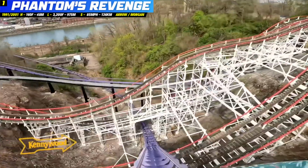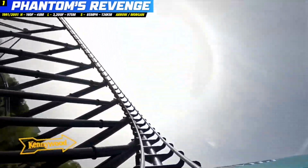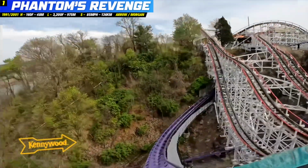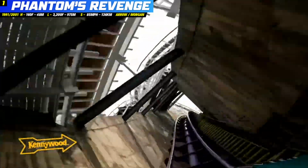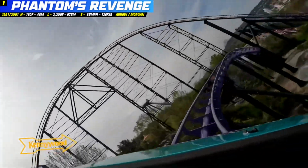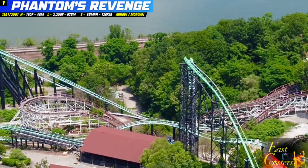Riders are going to reach a top speed of 85 miles an hour, and while there's no inversions, you're going to experience some amazing airtime with some of the best trains out there. It's just a little lap bar, so you're out of your seat on Phantom's Revenge more than you're in it. But the highlight really is that second drop as you just dive down through Thunderbolt's supports and then turn to the left,